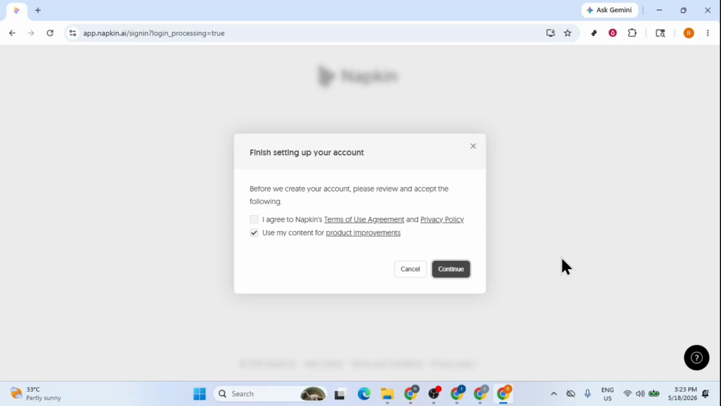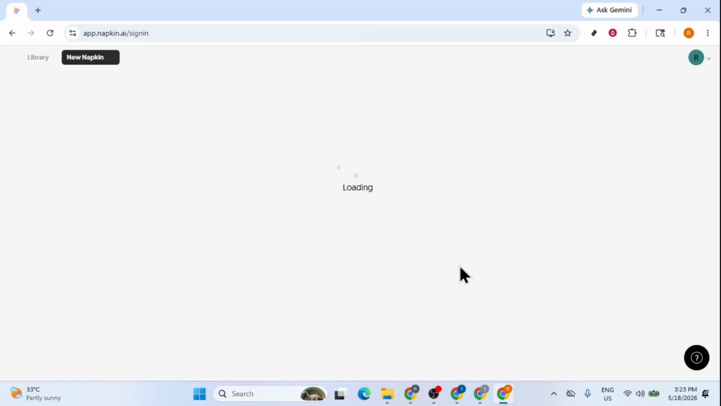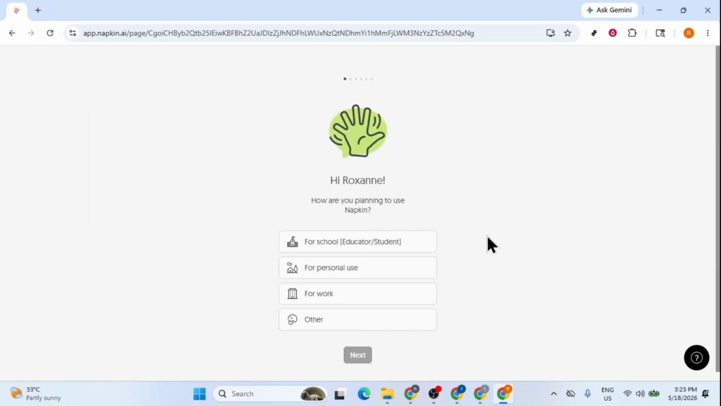I'll start by checking the box to agree to Napkin's terms of use and privacy policy. I'll also leave the second box checked to allow my content to be used for product improvements and then click the Continue button. Next, I need to provide a little bit of context on how I plan to use the